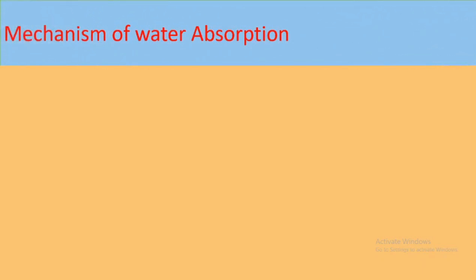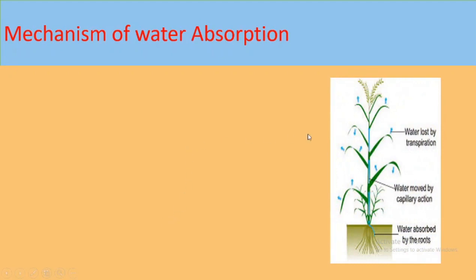Hello students, today we see the next point in plant water relations, and that is absorption of water. In absorption of water, we see here the diagram of a plant which shows the water is absorbed by the root, and then that water goes in an upward direction through water conducting elements, which supplies it to all plant parts, and the water is lost by leaves by the process of transpiration.